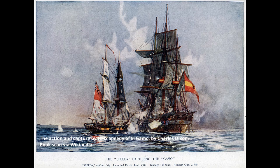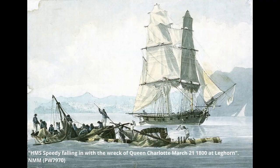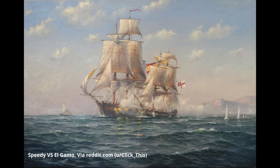Here we see a famous episode of British naval history. The illustrious Commander Cochrane defeating the much larger Spanish frigate El Gamo in his small brig HMS Speedy in 1801. It's a typical David and Goliath story which has rightfully earned its proper place in the annals of British naval